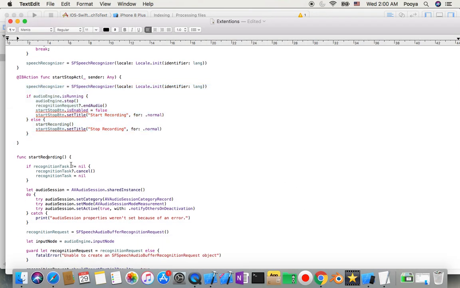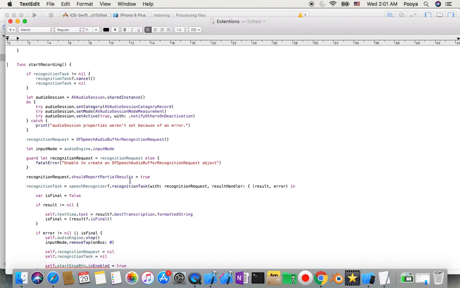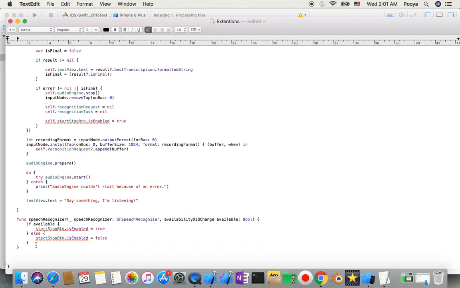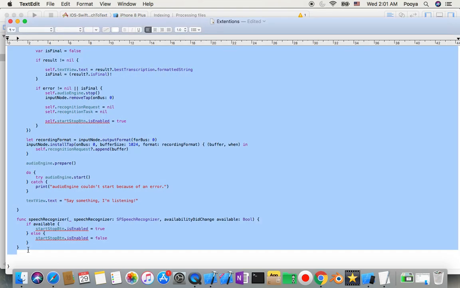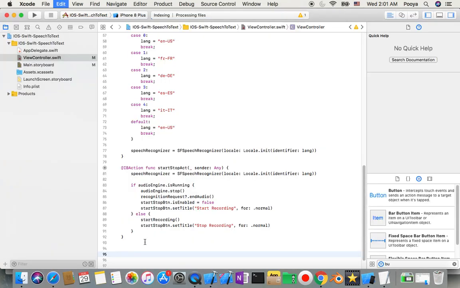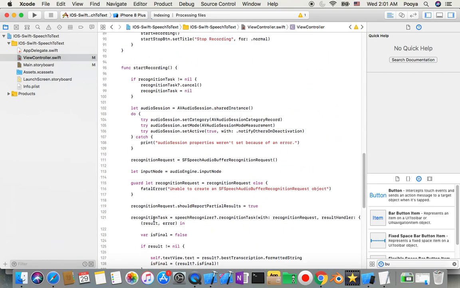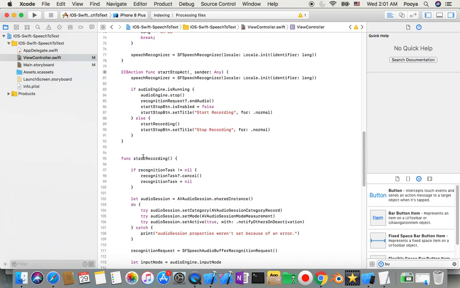So now I need some functions. Start recording and speech recognizer. Okay, so we're done. Let's run our project to see if there is any error. Also, we will